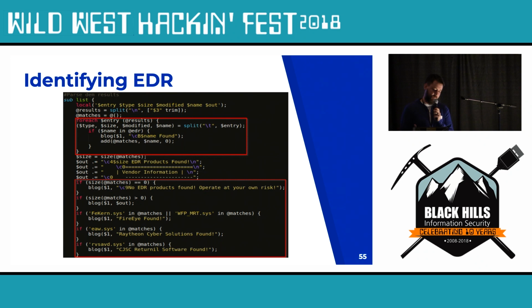So now we're going to parse the results, right? So we're storing the results. We do an ls command. We store the results, and then we would parse through them with a foreach command, right? So if $name within ls matches the static array in EDR, then we know that we have a match in the sys file. Now we want to take that data and add it into another array, @matches. So now that we have @matches, we want to parse through those with multiple if statements to determine the vendor information, right? So for instance, if fecurrent.sys is in the matches, then that means FireEye is definitely on the box.